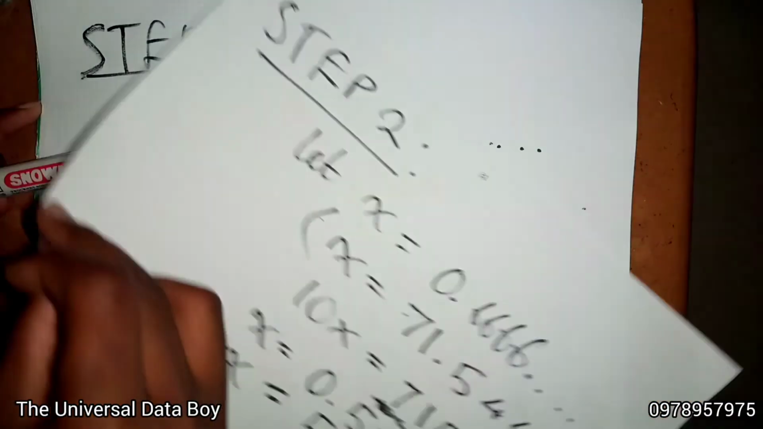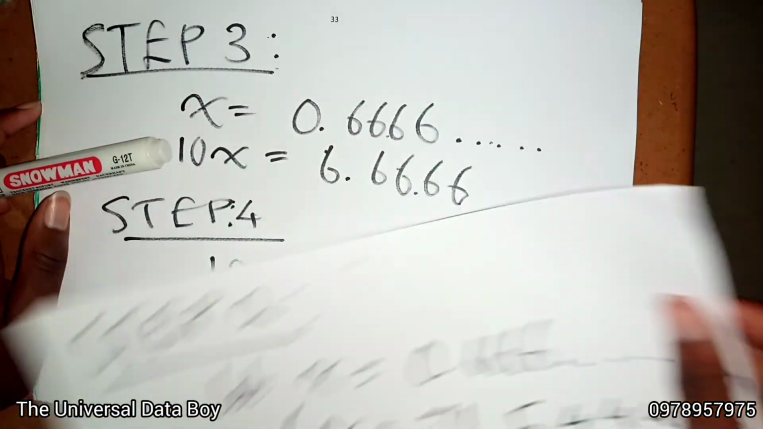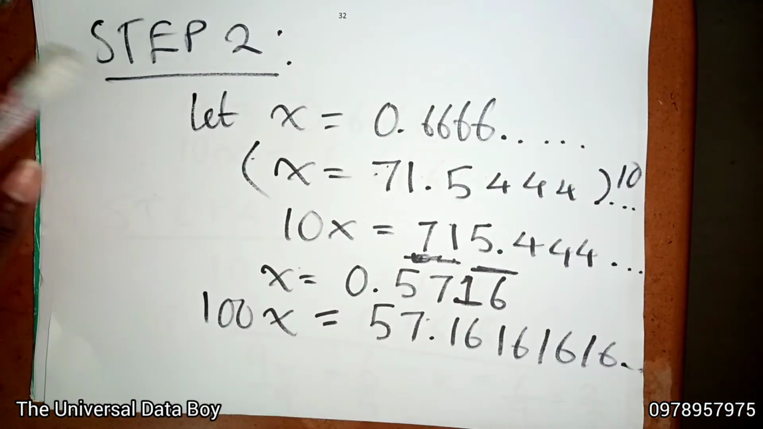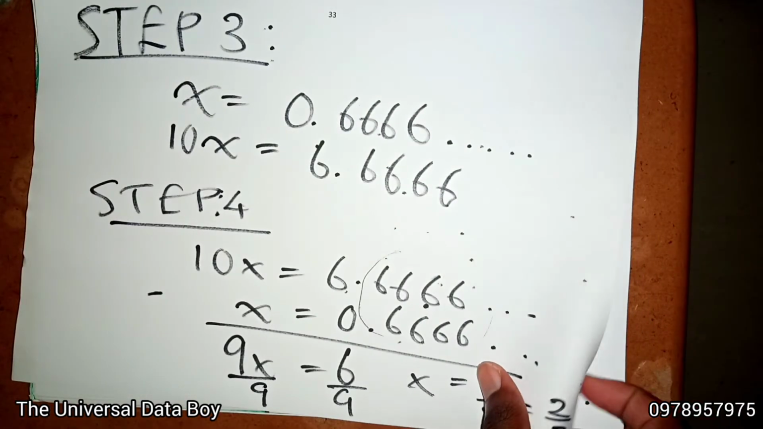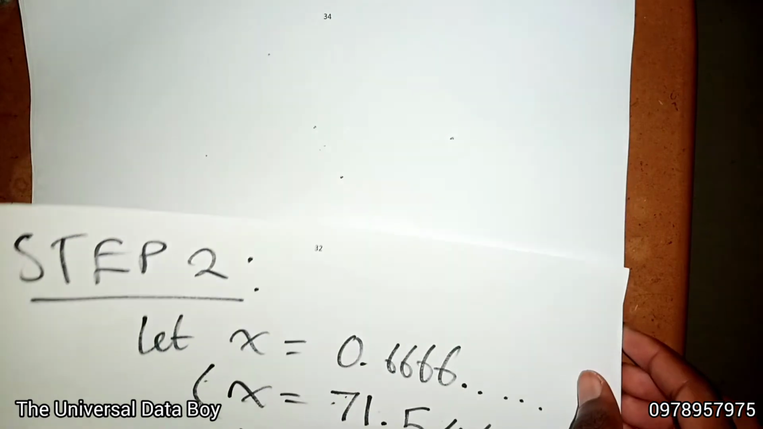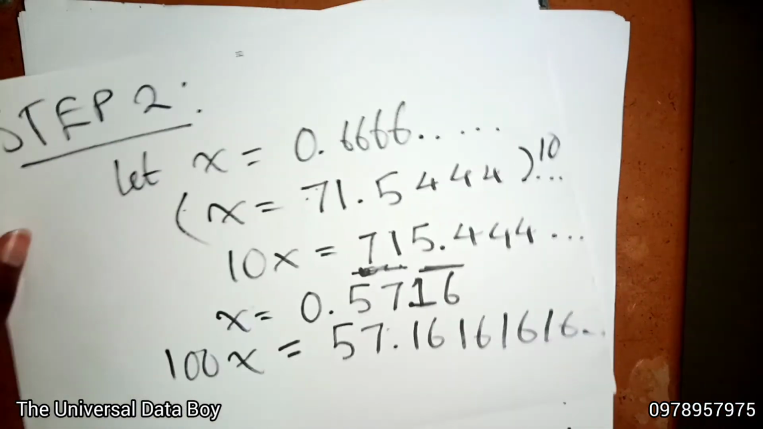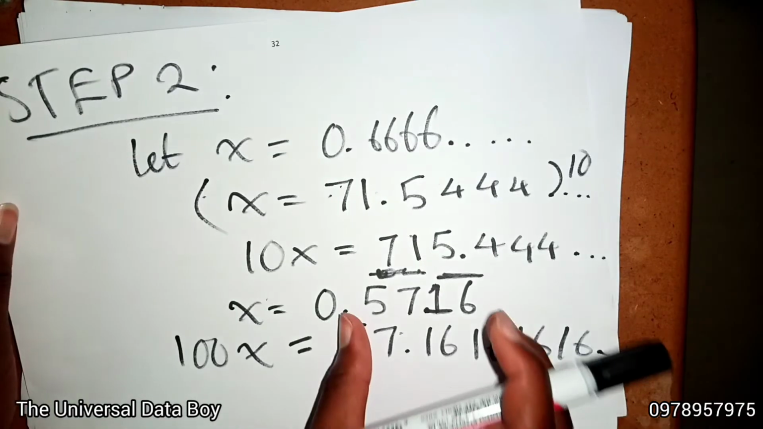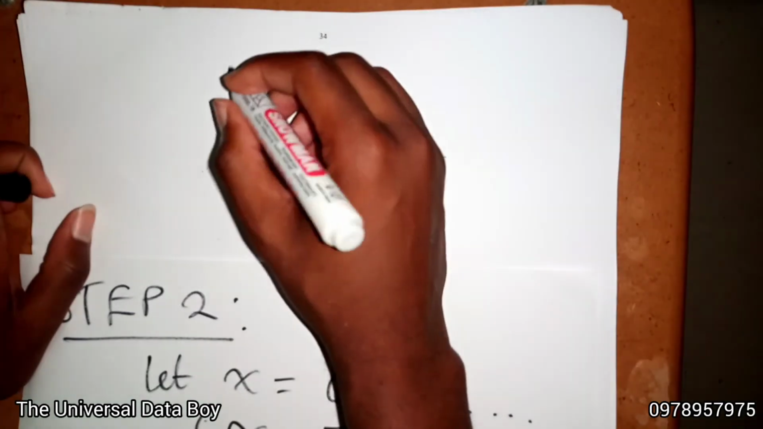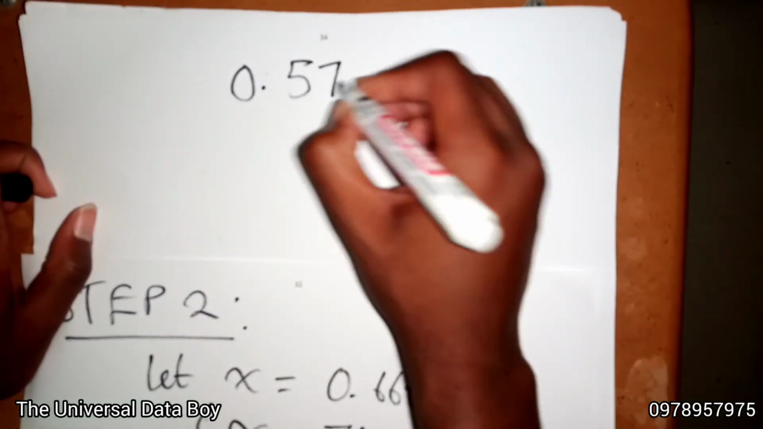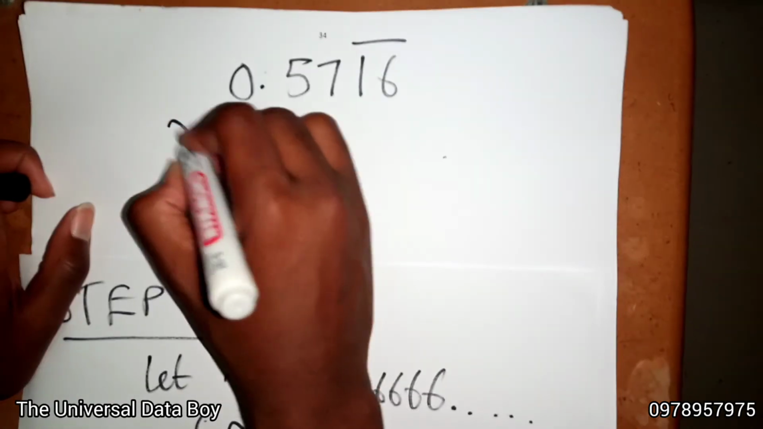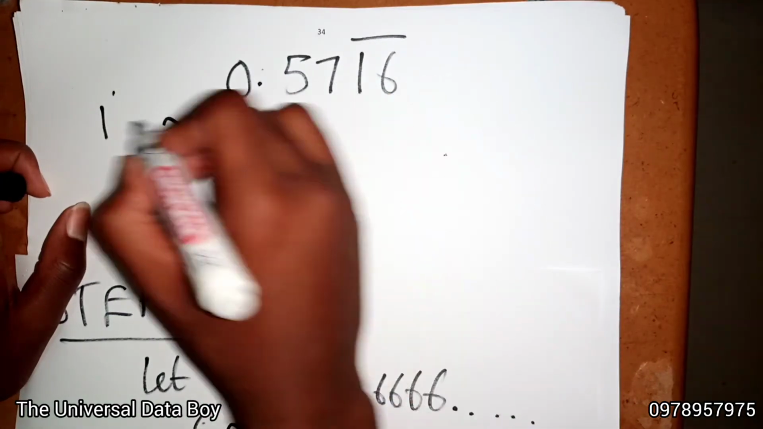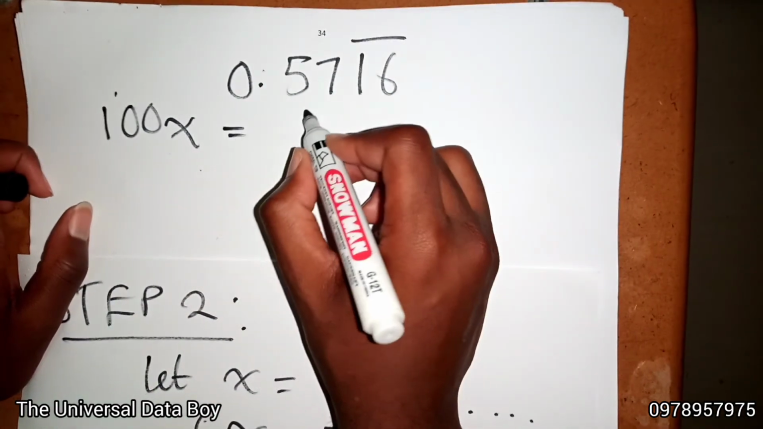Then step 3 is different according to the kind of number. So when you have something like this one, I think I can remove this page, then we can remain with this one. Now, let's say this was your number, we have 0.5716 repeating. Then in step 2 we said you're going to let your x, and multiply this by a certain number so that the decimal is before the repeating part. So that's 100x is equal to